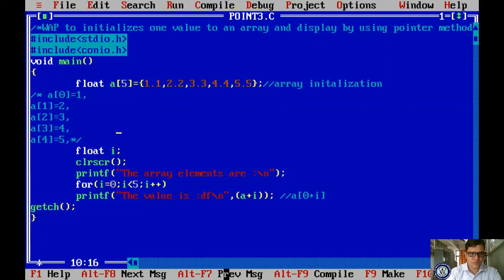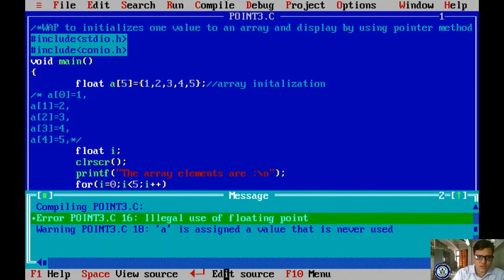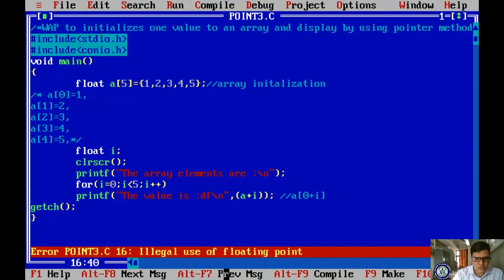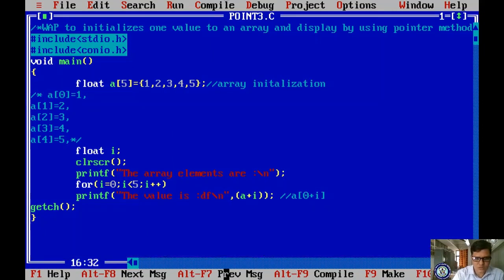Okay, let us check. It is not required. 1 2 3 4 5. Save it, compile it. One error here, %d.